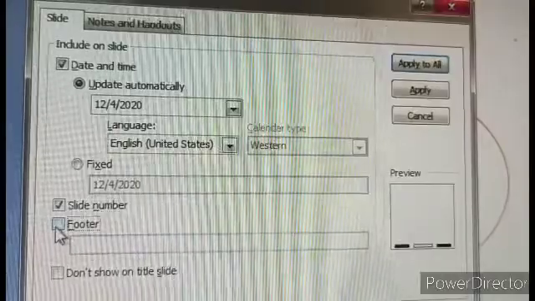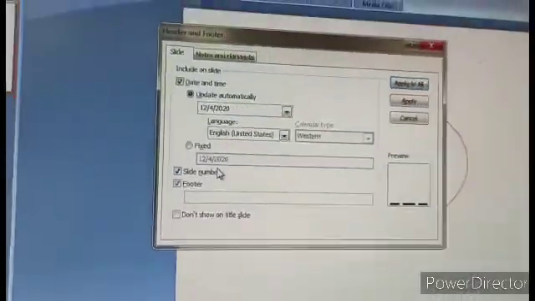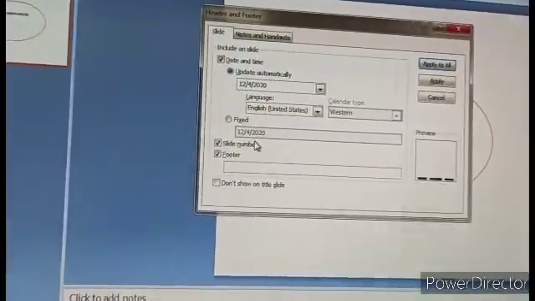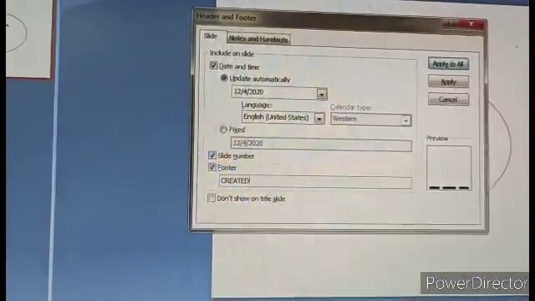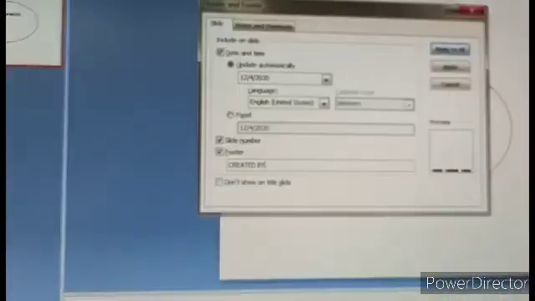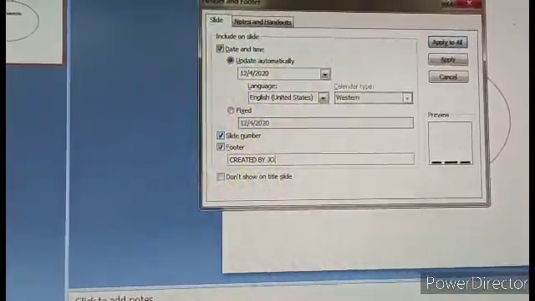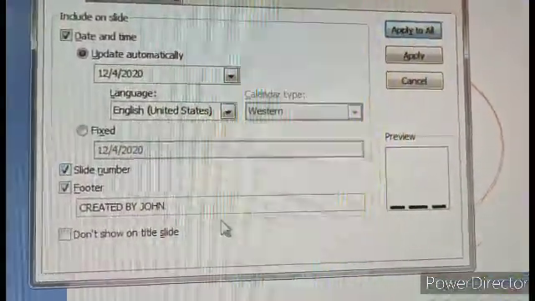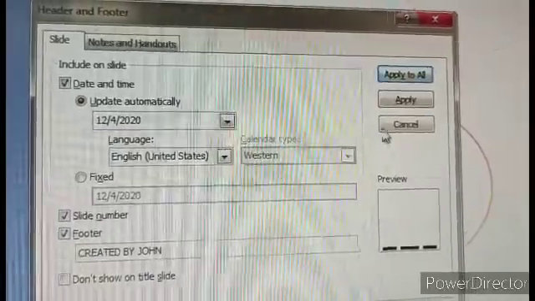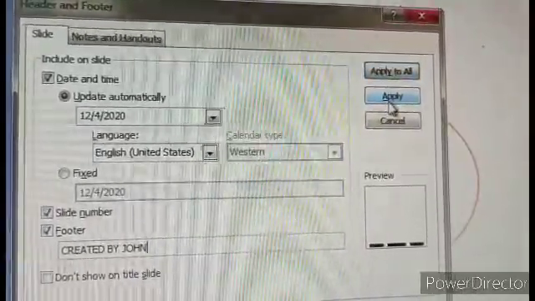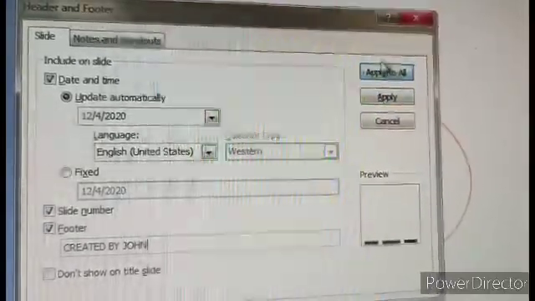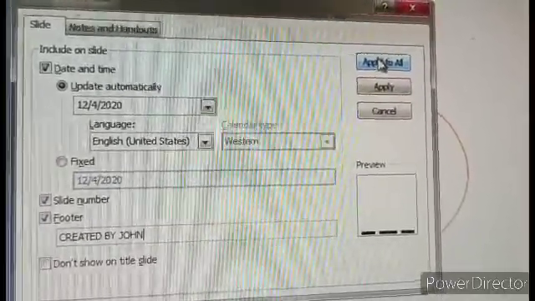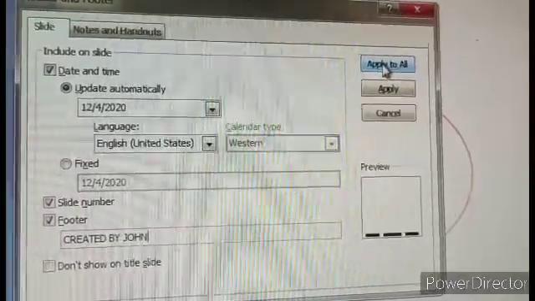In the footer portion, suppose I am typing a text like created by John. Suppose the slide has been created by John. If you click apply, these things will be applied to this slide only. If I click apply to all, all slides will take this header and footer.